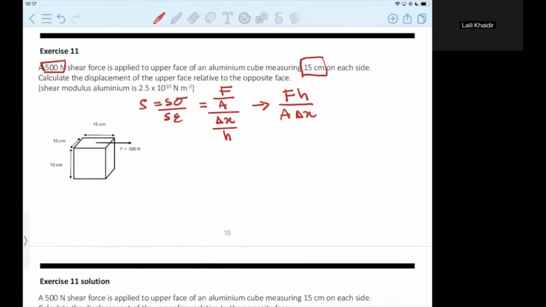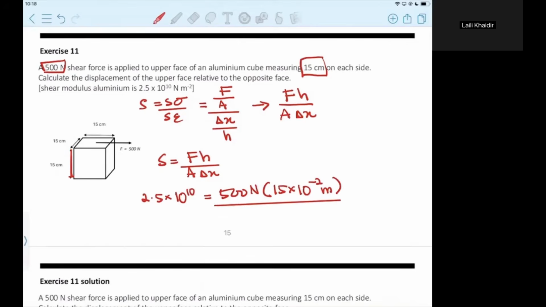So, substitution: shear modulus is equivalent to F times h over the area times delta x, where the shear modulus is 2.5 times 10 to the power of 10, the force is 500 Newton, and the height is 15 centimeter, which is 15 times 10 to the power of negative 2 meter,